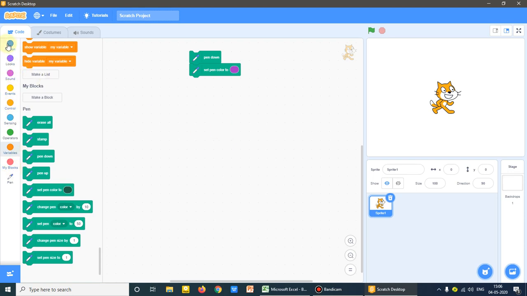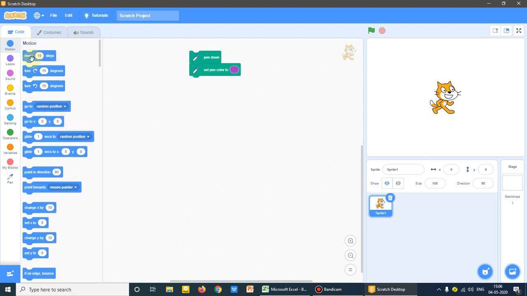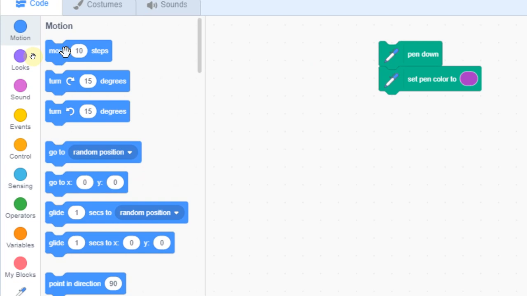So what we have to do: motion, and in motion you can see here move 10 steps. Here we can write, let it be 200.